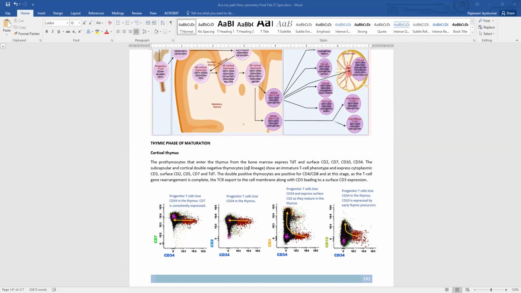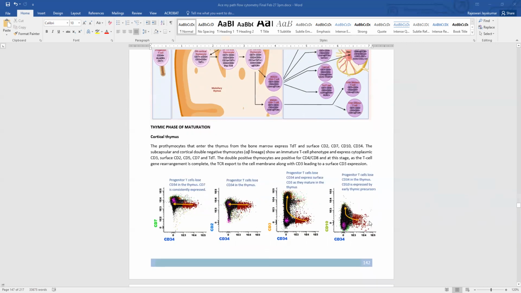They start as being CD34 positive and they lose CD34 as they mature. Same for CD2, they are consistently positive because when they enter the thymus, at that stage, they do express CD2, and they are consistently positive in the thymus. So they are positive for CD2, and they start as CD34 positive and lose CD34. And here, 34 versus 3, you can see that these are initially 34 positive, negative for 3. And then as they mature, they lose their CD34 and start gaining CD3, and mature T cells express the bright